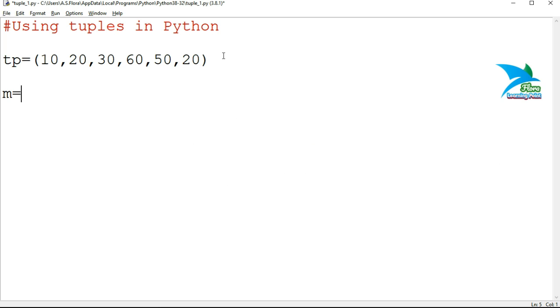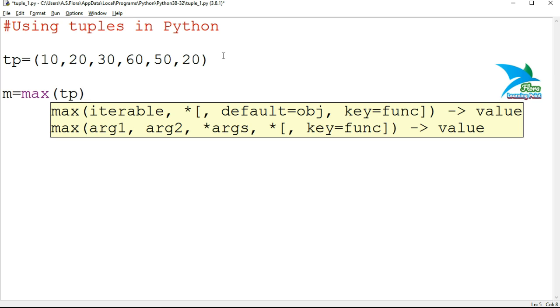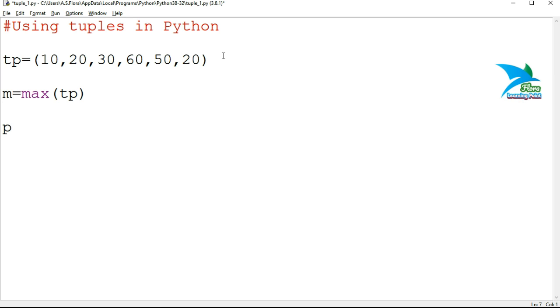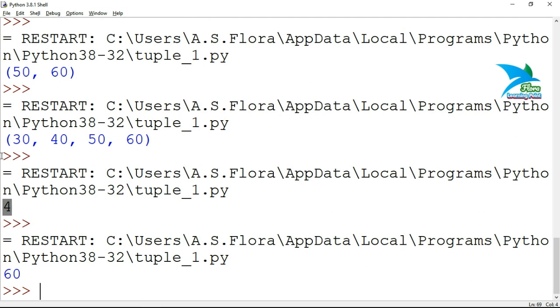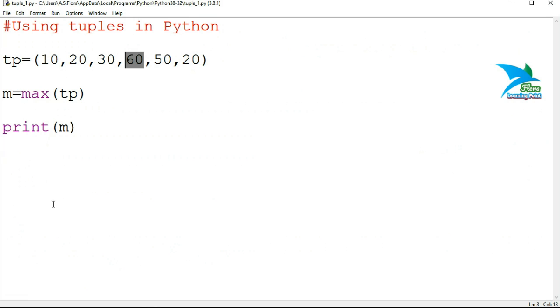First I will use the max function. m is equal to max of the tuple name. Presently all the elements inside the tuple are integers, and the largest element is 60. So let's check the result. Here we have the result, that is 60.